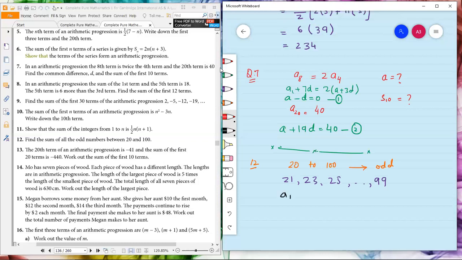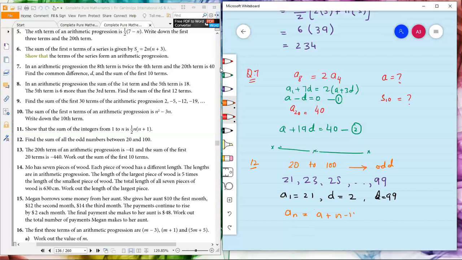It means the first term A is 21, D is 2, and the last term L is 99. There is a formula for the sum in which we write Sn is equal to n over 2 times (A plus L). First we have to calculate the value of n because we don't know the value of n. So before this, by using the general term formula,